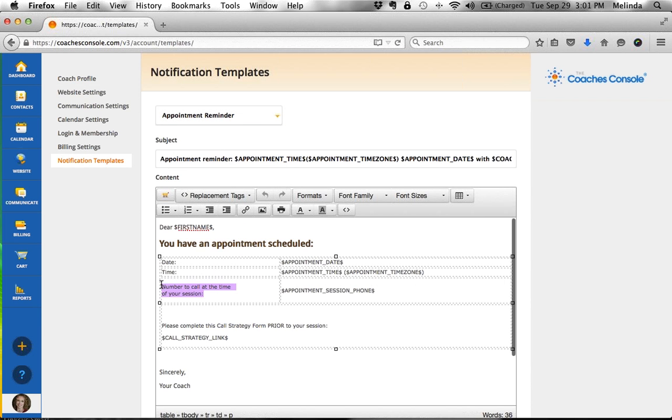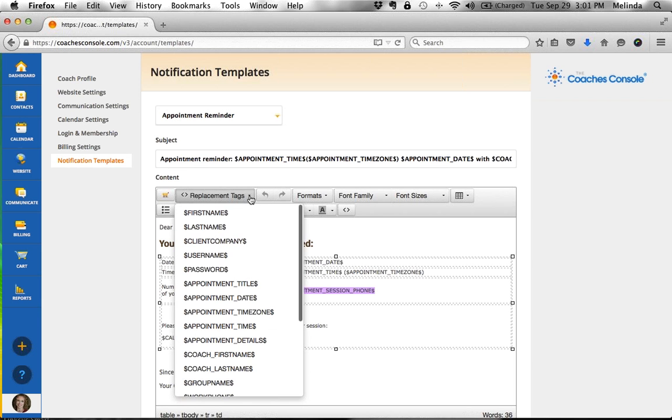If you want the clients to call you, inside that, you'll see the default appointment reminder. Now, I've been playing with this one, so it's going to look a little different than your default one, but you're going to see phone number, or you could type in number to call at the time of your session, and then you can put in the replacement tag for that particular